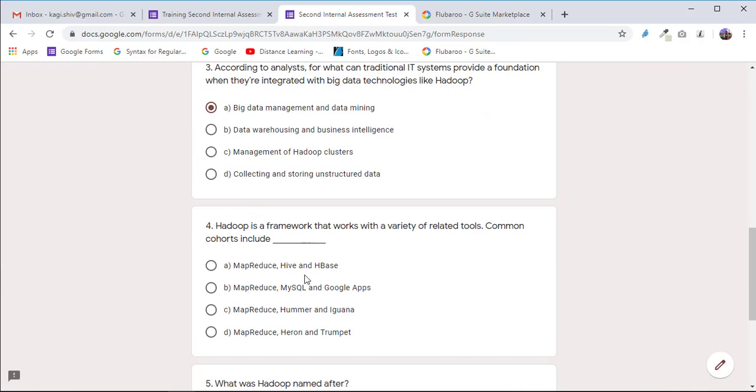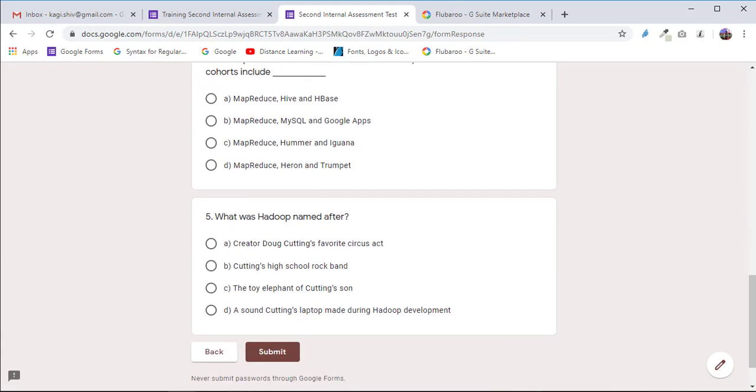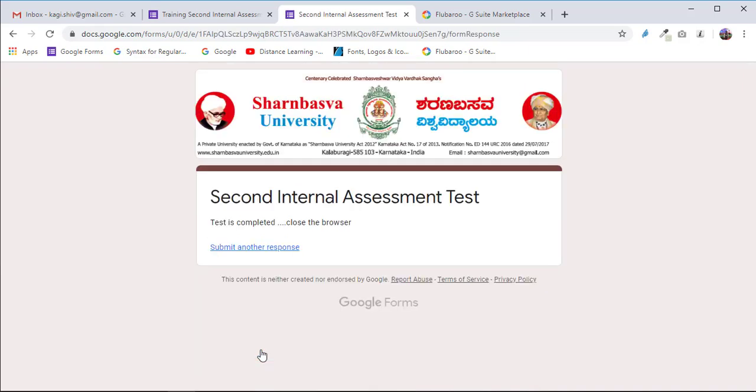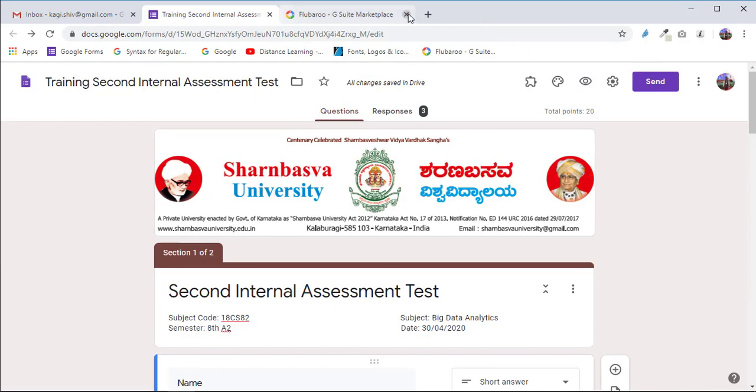And the fourth answer I don't know. That means the student doesn't know the fourth answer. He will leave it blank. Why? Because if he marks the wrong answer, his marks will be deducted. So in that case, students may avoid answering the question because of negative marks. The student is not confident of this answer, so he is not marking any answer for this. And for the fifth question, the right answer is C. I will mark it as B. Done.